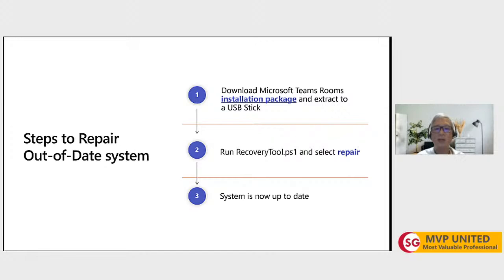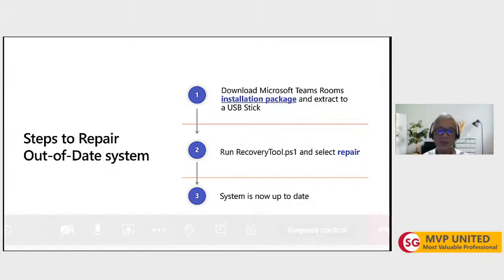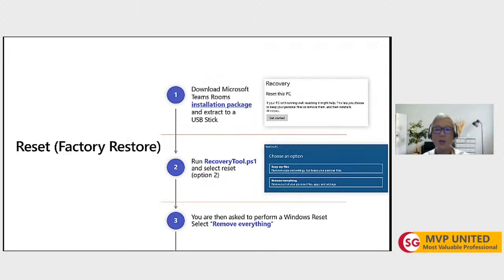So what you want to do is download the Teams Room installation package, the same package that I mentioned earlier for the manual updates. You put it onto a USB stick, and then you log in as the administrator, and you run this recovery tool.ps1. This tool will give you an option to select the repair. How it looks is this, right? When you run this, you download the package, and then you run the recovery tool.ps1, and you want